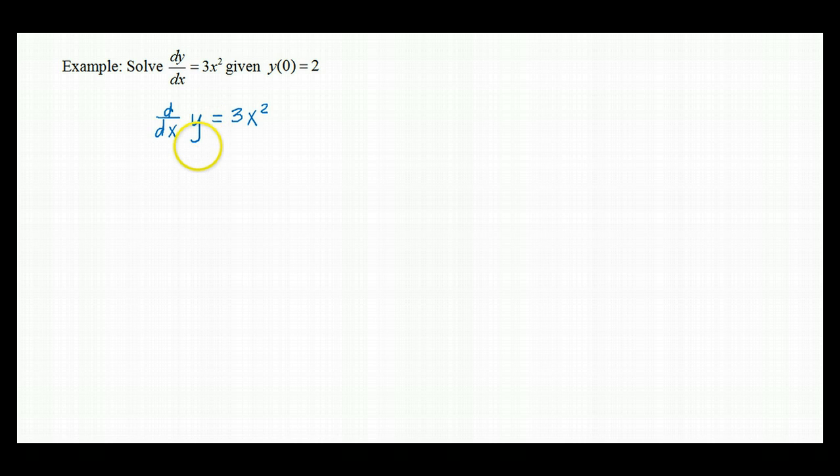So we have something we're solving for, y, and we have this operator, d/dx. Just like addition was the operator in the initial equation that we could solve algebraically. So in order to undo a derivative, we should be thinking by now integration. So if we integrate both sides, we're going to be able to get this y here independent and its own function. Now this part over here, y of 0 equals 2, is our initial condition, but we'll handle that in